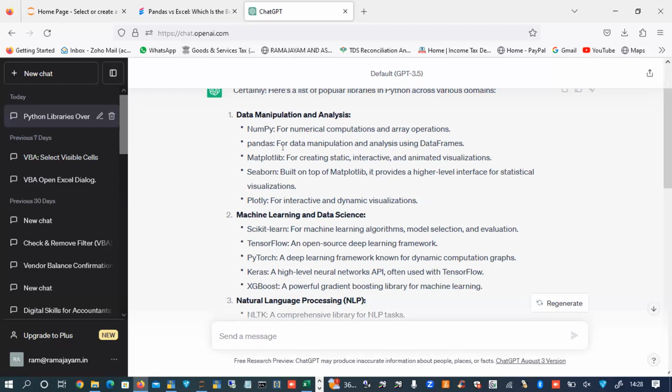The whole process can be achieved in Pandas in a few milliseconds. So this is the speed of Python Pandas in completing a task, and Pandas is a library.